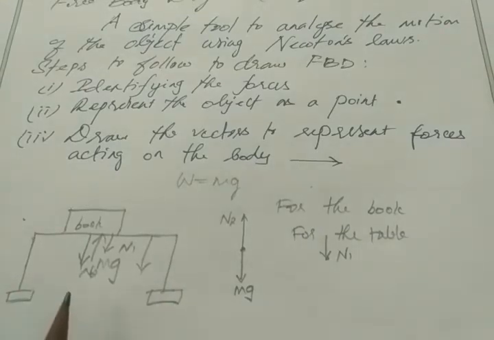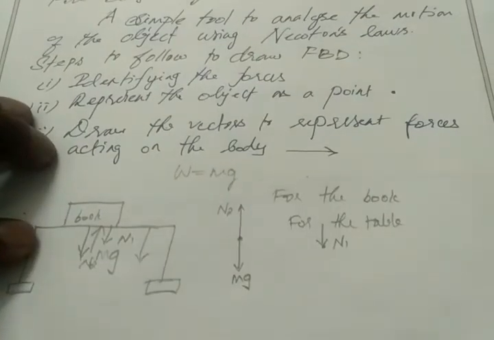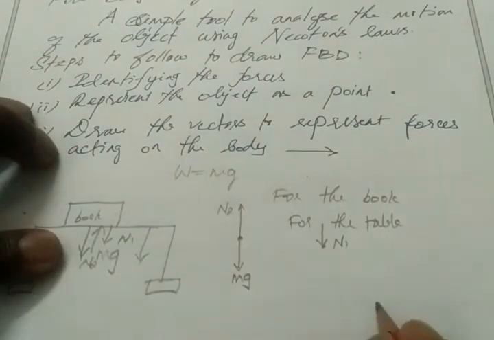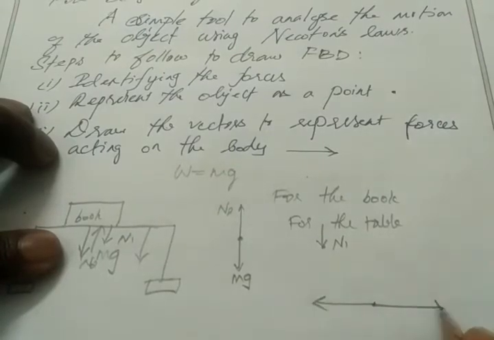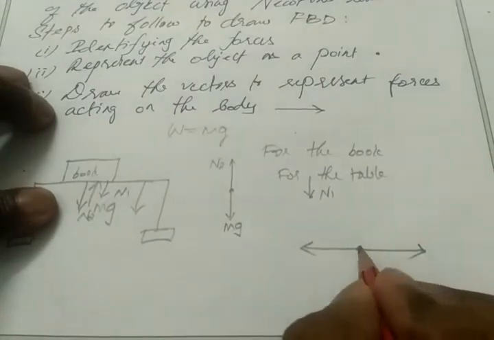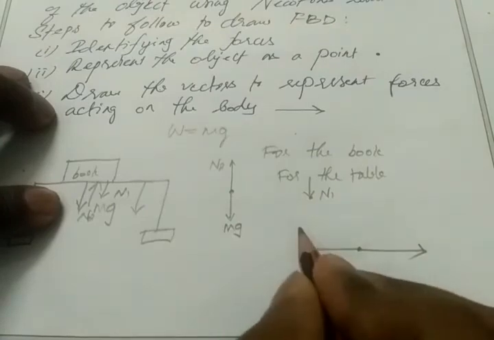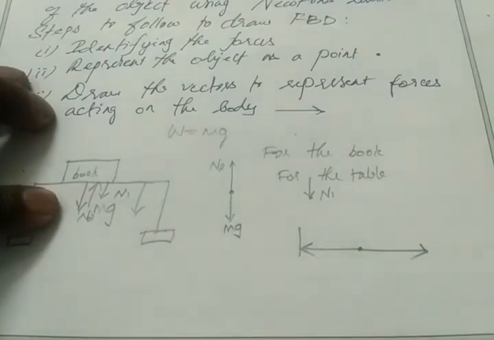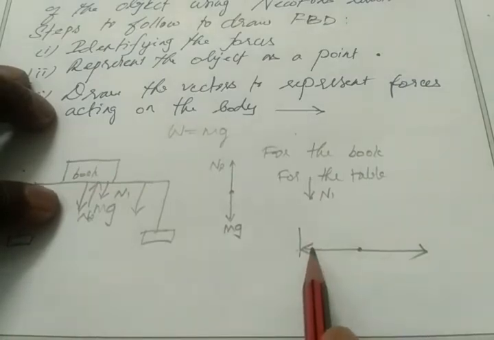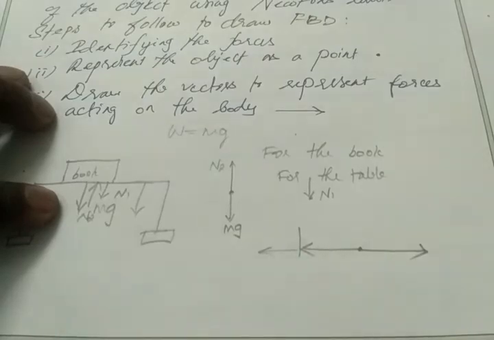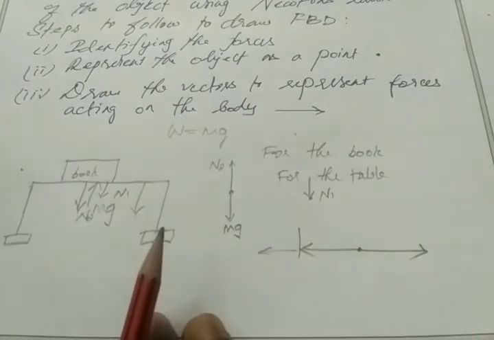Okay. So consider another situation, tug of war. So in tug of war, two teams pull the rope in opposite directions. Consider a person standing here. So what are the forces acting here? He pulls this rope in this direction, the negative x-axis. Okay. But what is the name of this force? We can say tension force.